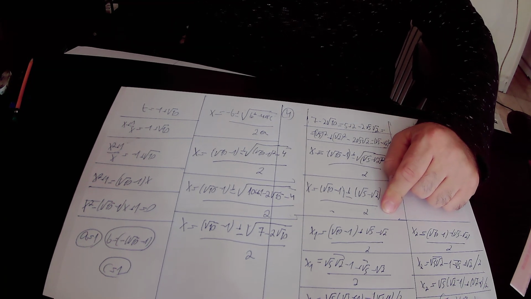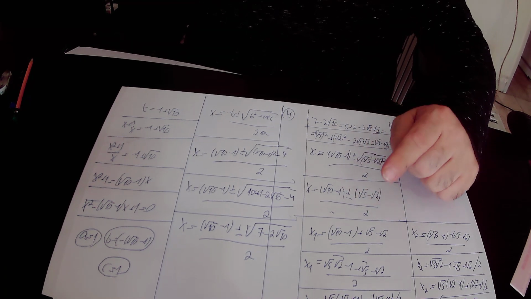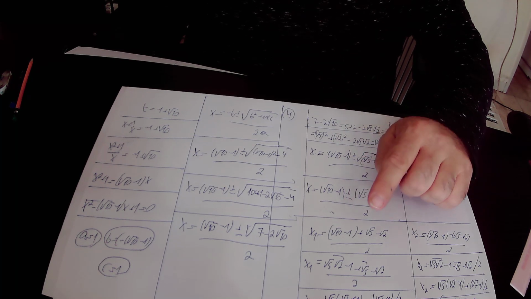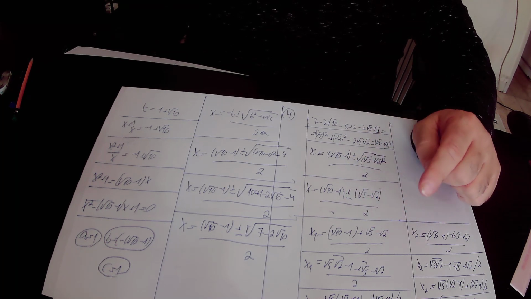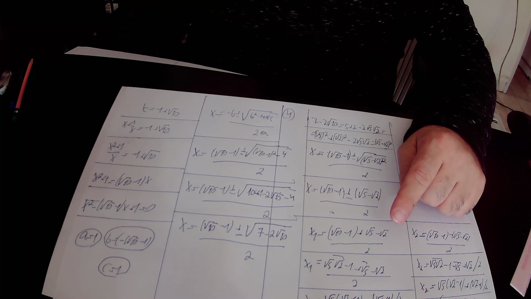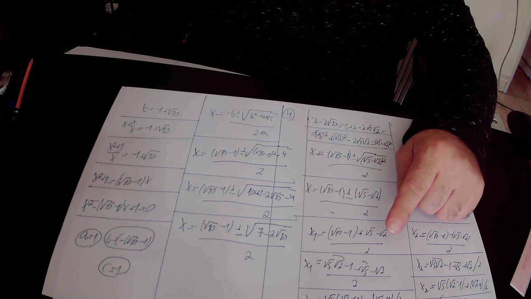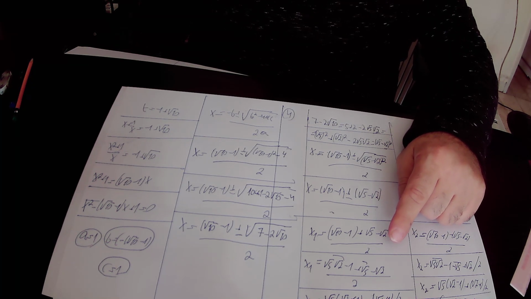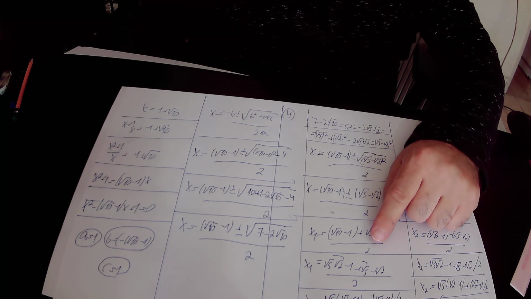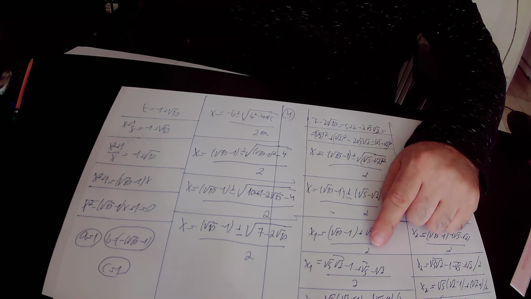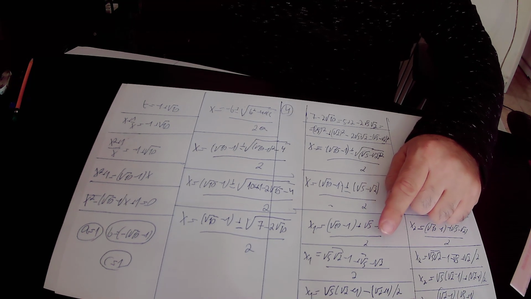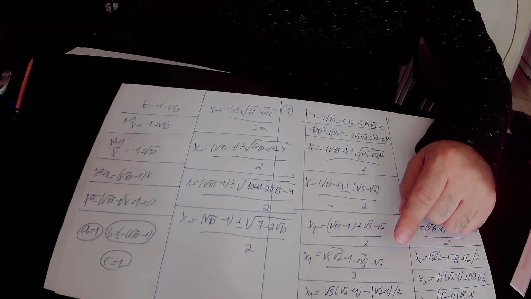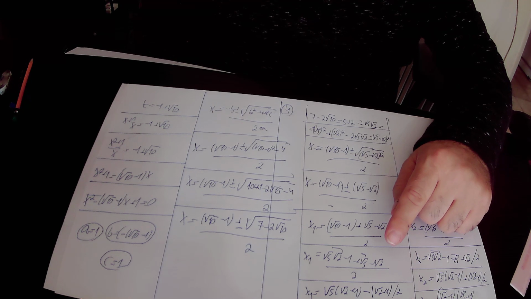Here we substituted square root of 10 by square root of 5 times square root of 2, and we got that x1 equals square root of 5 times square root of 2 minus 1 plus square root of 5 minus square root of 2, over 2. Here we took square root of 5 as a common factor, and we got that x1 equals square root of 5, and inside the brackets we have square root of 2 plus 1,